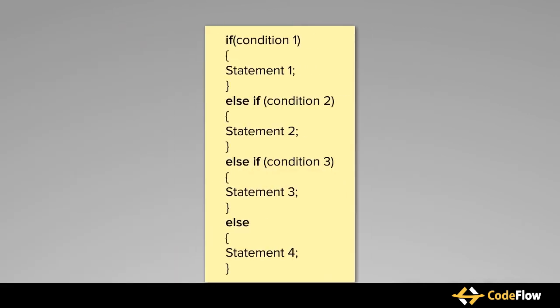The syntax of if else statement is shown here. The if statements are executed in sequential order. As soon as one of the if conditions evaluates to true, the statement associated with that if condition is executed and the rest of the if statements are bypassed. If none of the conditions evaluates to true, then the else statement is executed. However, if the else statement is missing, no action takes place if all the conditions evaluate to false.